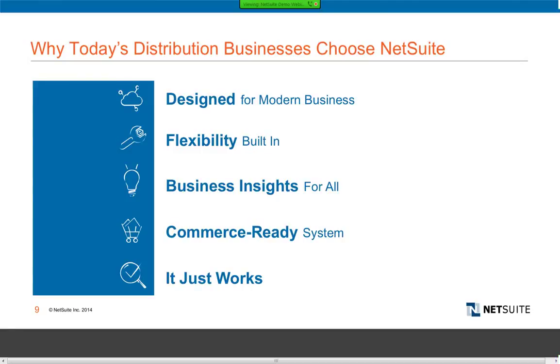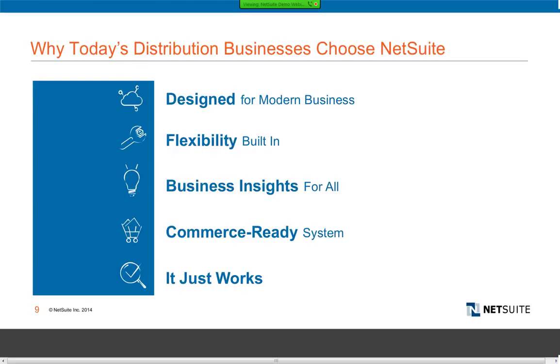Number 2 is the need for flexibility. We talked about that changing landscape, and I think it's really important to bring this up, which is your systems need to be able to adapt to what your business needs are, not the other way around. And one of the things that is really important is a lot of people will tell you that customization is a bad word and that you shouldn't ever customize. And I'm here to tell you I think customization is a competitive advantage. And we'll talk about why that's important, but you need to have a system that allows you to customize and continue to take advantage of the innovations that are happening in the product.